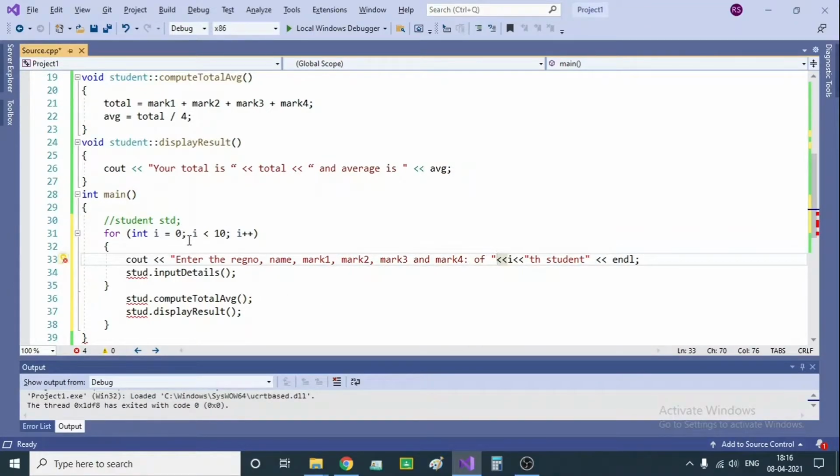So i represents the current ID of the student. Initially let's also make it i+1 so that we won't see 0. So the first time it will say enter the details of first student, second student, and so on. It will go on like that. So this will let us know how many students we have already given the input for. So this is the better way we can write a program.